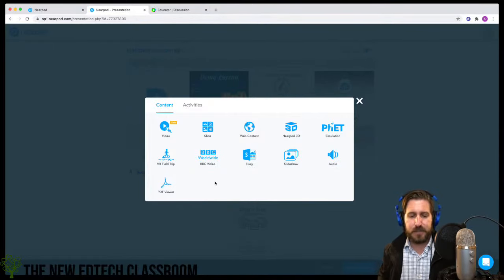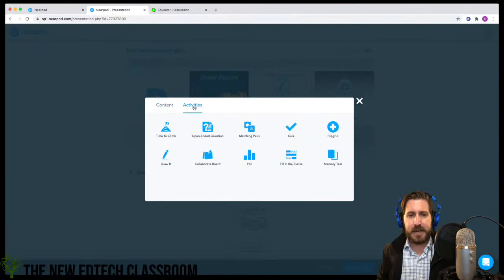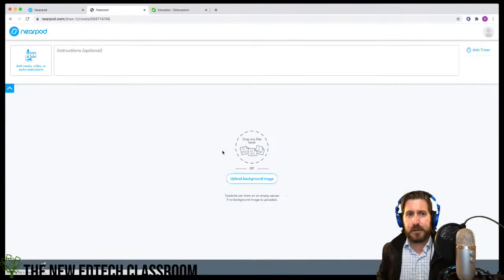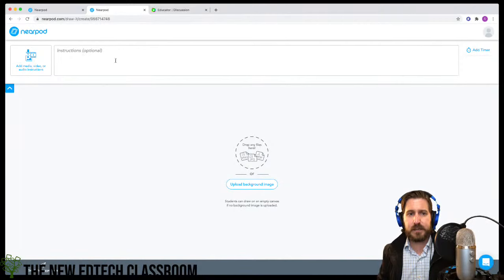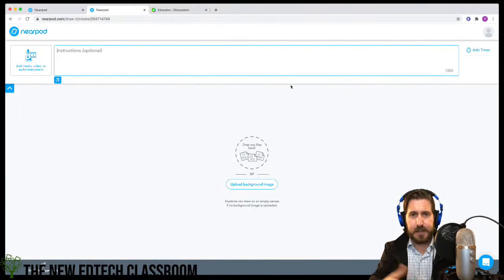Now, I actually think there's a better way of being able to bring in PDFs as long as they're single document PDFs, so that you can actually make them interactive. And that is by using the drawing tool. But rather than just writing a description and saying that students should draw a picture, what we'll say is annotate. So we could do something like